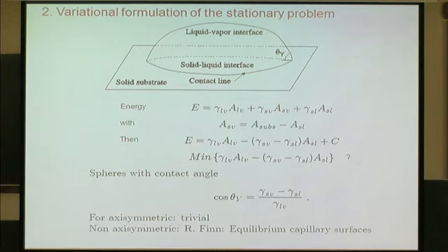This spherical cap is such that it has a contact angle, which is this angle here, called Young's angle, whose cosine is given by this expression in terms of physical parameters. More difficult is to prove that in general, for any kind of allowable shape, the minimizer is actually the same, a spherical cap, but it has been done, so you can find it in this book.